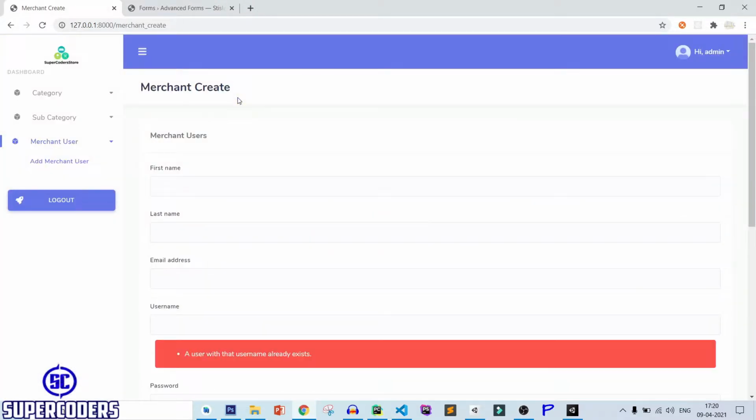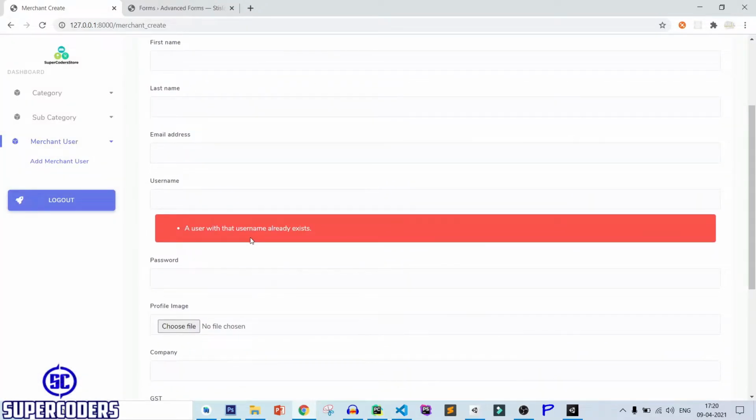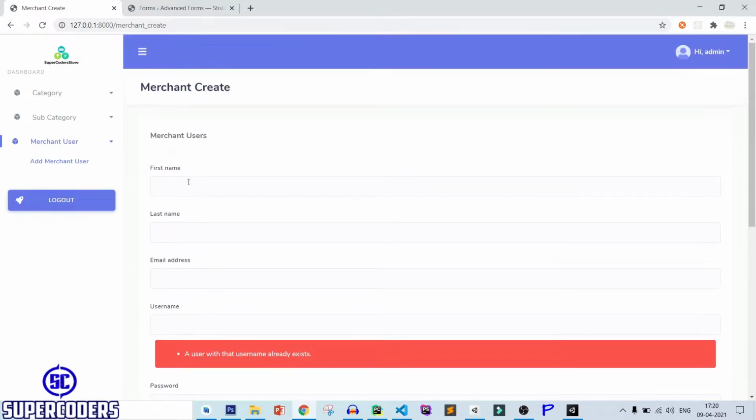Refresh page. And you can see a user with that username already exists. Let's get a new user. So super coders 1, super coders 1, super coders merchant 1.